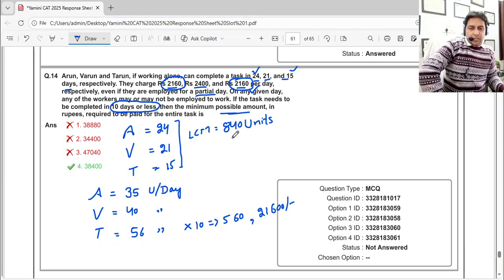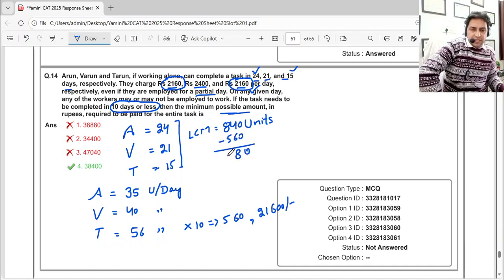Now the remaining units we have, that is 280 units are left. If I subtract 560 out of 840, I get 14 minus 6 is 8, 7 minus 5 is 2, so 280 units are left. Now for 280 units, either A is going to work for 8 days or V is going to work for 7 days. So if I make him work for 8 days,